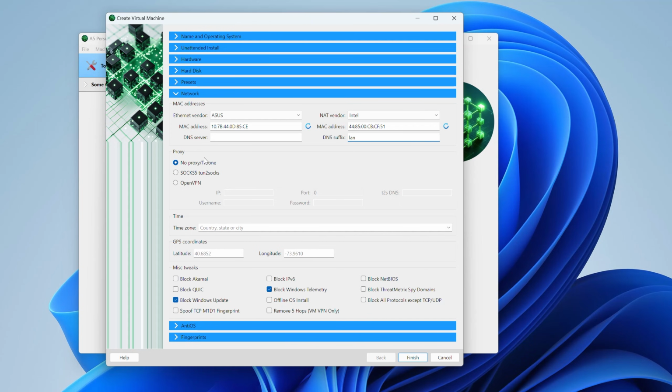Further, proxy mode. You can use a few different modes. A mode without a proxy, or Tron. Tron is an additional software that I am not the developer of, and this software will be located on your desktop when you boot the operating system. The second option is to use SOCKS 5 using the Tune2Socks software. A very old version. I do not recommend using it at the moment. In this case, it is located in our software only because this software product is currently being updated. And it is likely that in the next month or two, we will get the best proxy in the world based on this old Tune2Socks project.